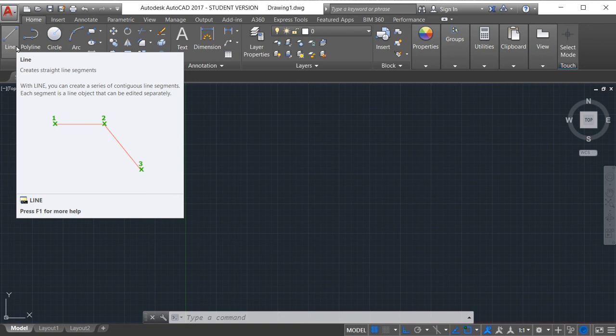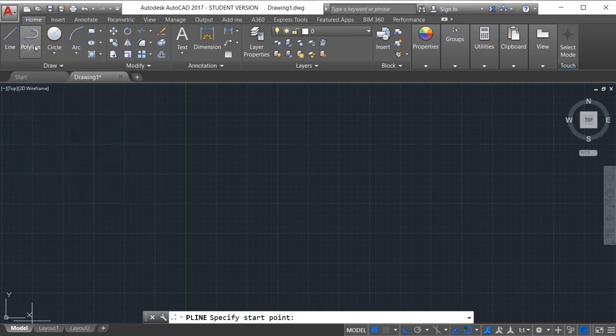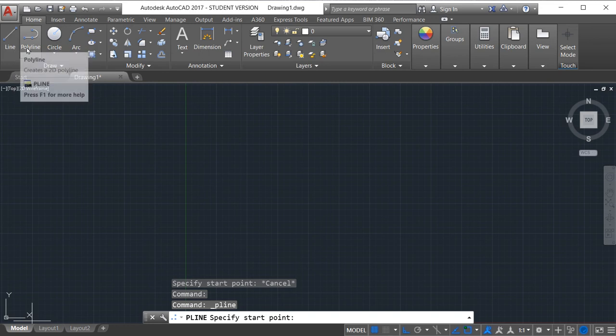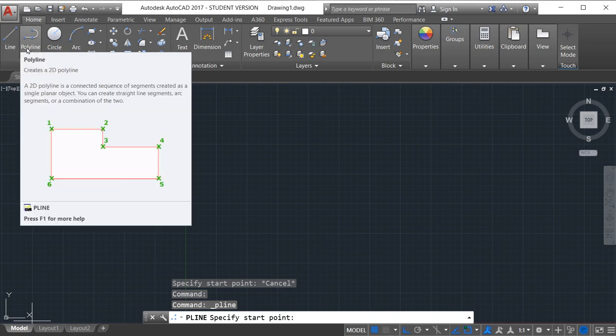But in case of polyline, it is a single object. We cannot edit each part separately. And polyline creates a 2D polyline.